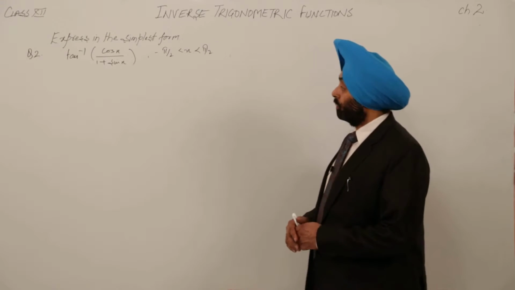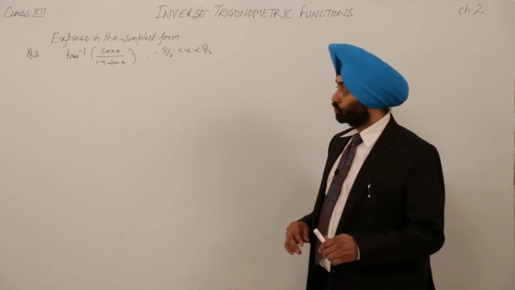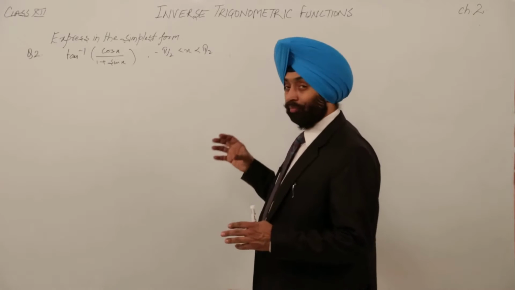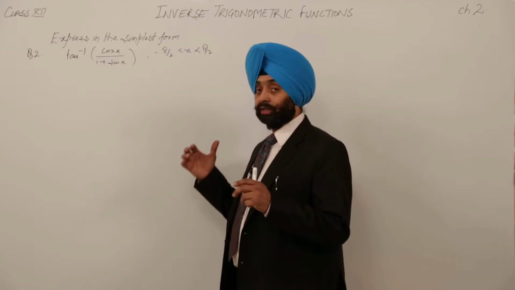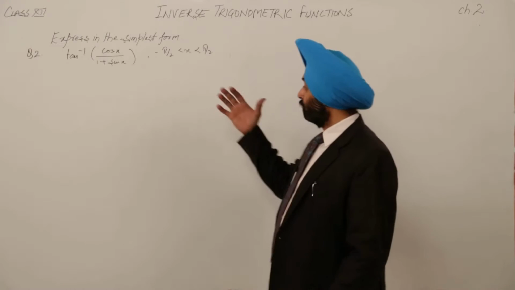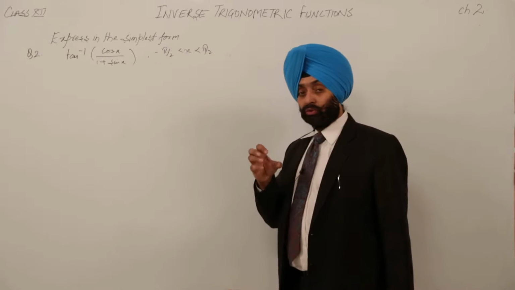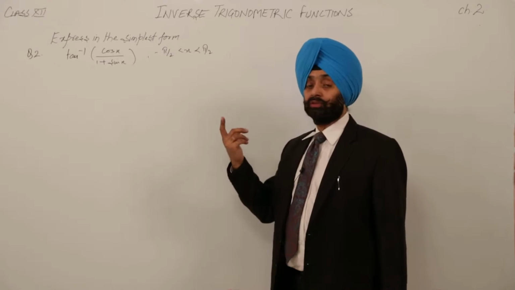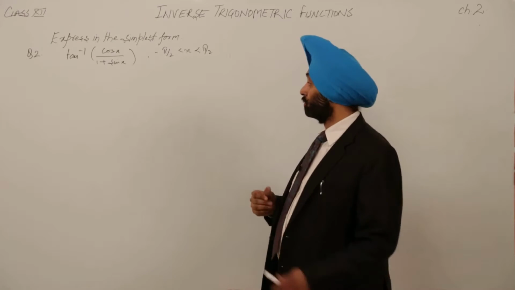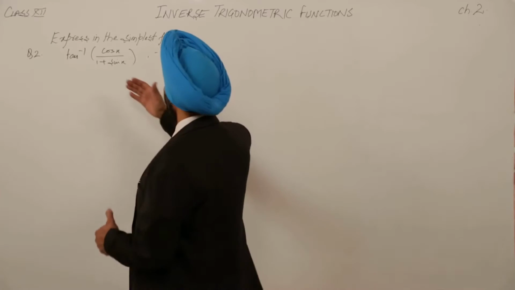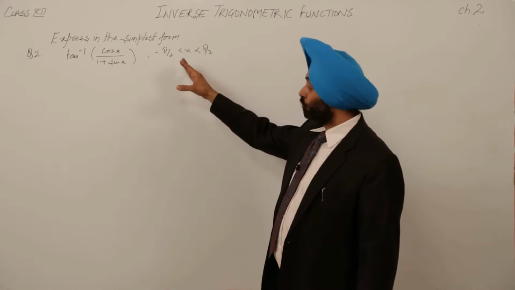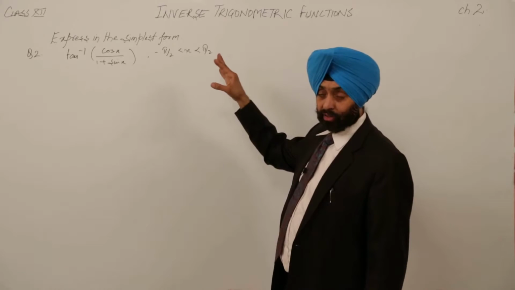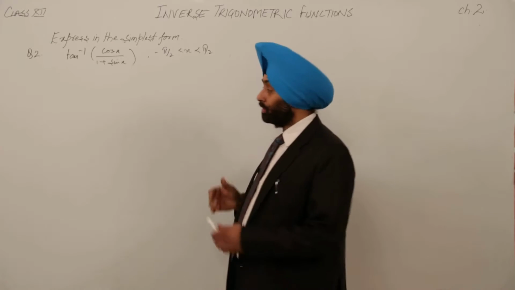Yes, now we are going for the second question. The second question is a little bit equal to the first one also. After half of the first one, what we did in the alternate method, that we are going to do here, but I just want to show how we can attempt this in a more interesting way. Here another thing is given, that is where x lies. In this question, x lies between minus pi by 2 and pi by 2, in the principal value.